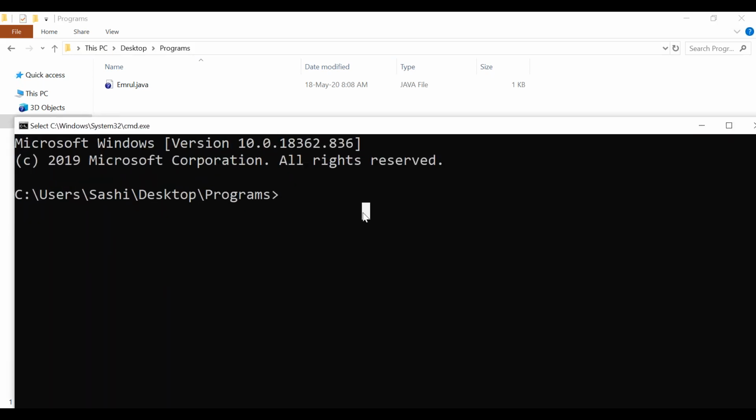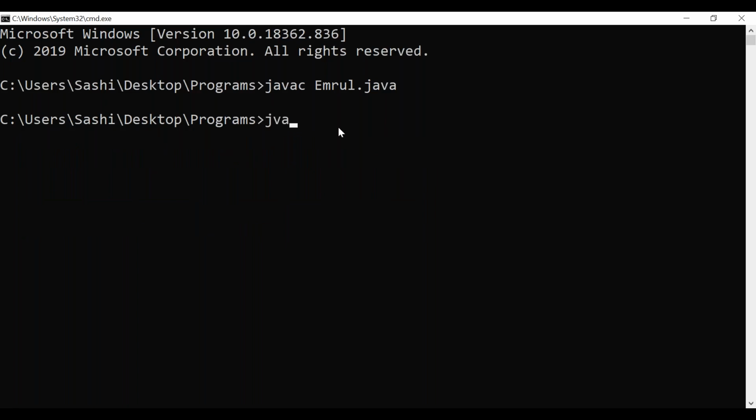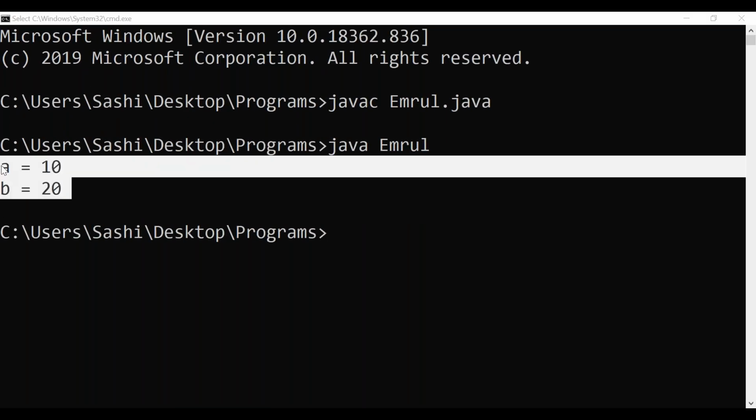How to compile? javac class name dot Java. If compilation is successful, it will create a dot class file. Here the dot class file is successfully created. Then let's run it: java class name. Here we are seeing the output: a equal to 10, b equal to 20.